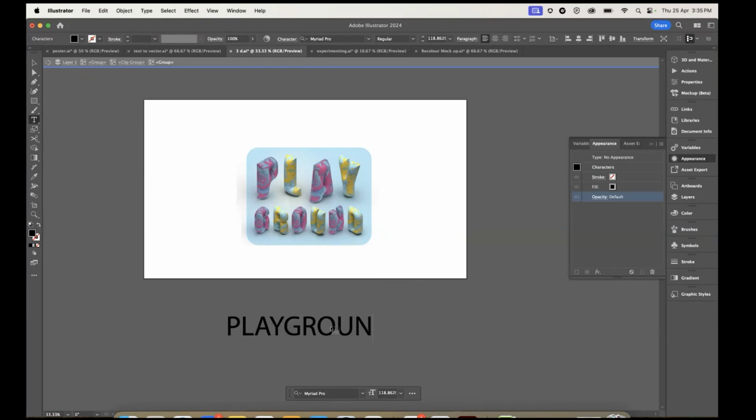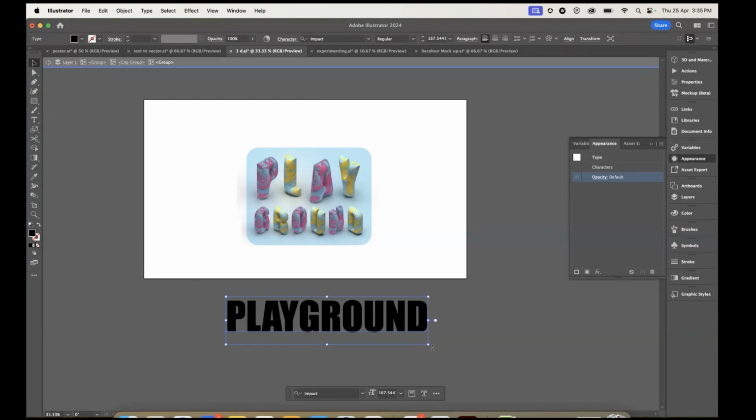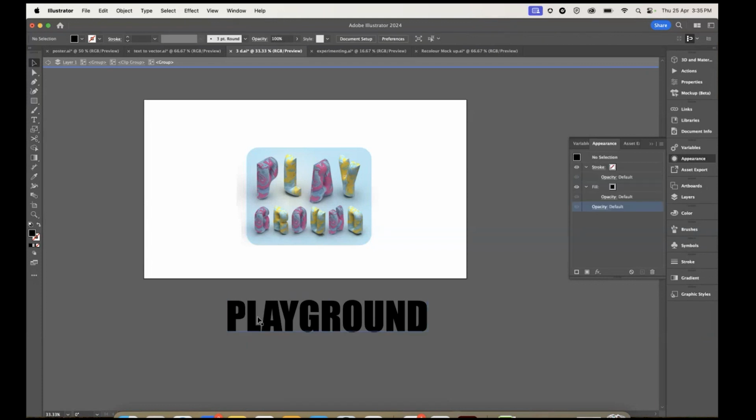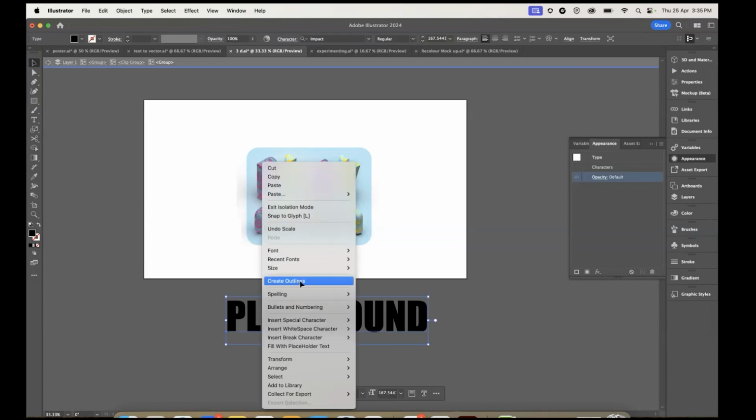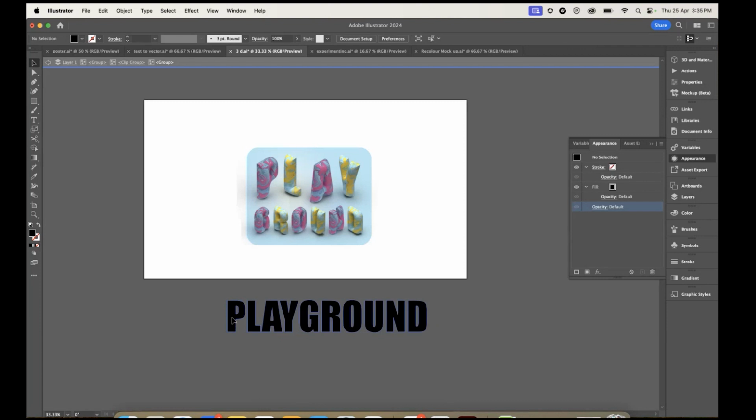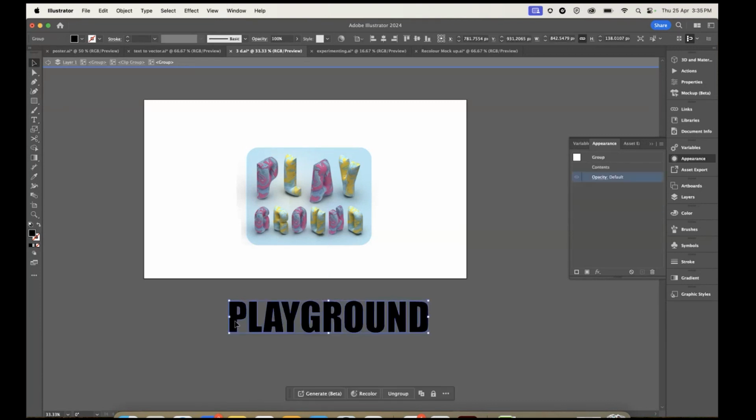Now. I've used Impact here. Don't judge me, right? I'm just using the font which is giving me that thickness that I want, and that's the only reason I'm using it. Okay. So now, I've gone ahead